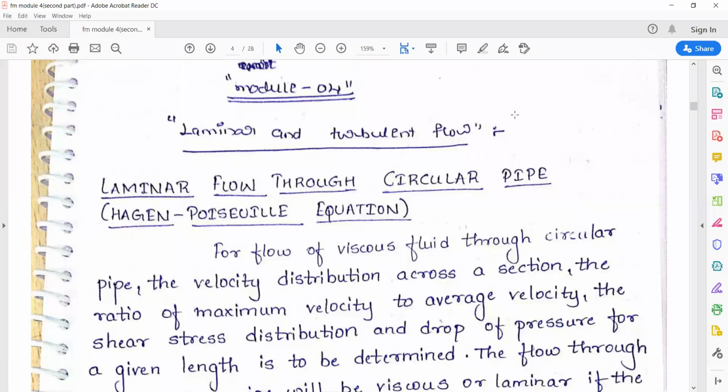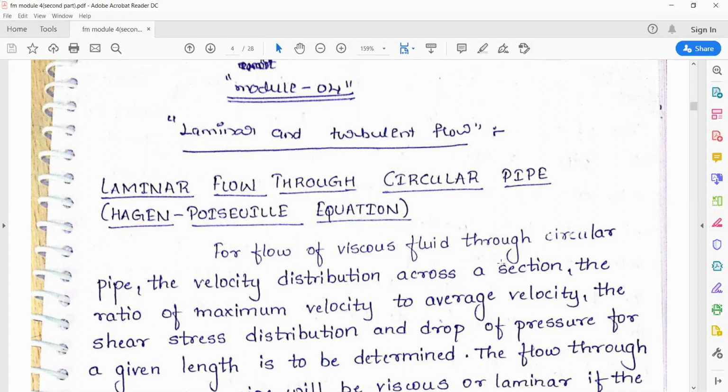Hello everyone. Under the fourth module, the next topic is about laminar and turbulent flow. So we know what laminar and turbulent flow are, all right? In case of laminar flow, fluid particles move in a straight path without disturbing the adjacent fluid layer. But in case of turbulent flow, the fluid particles move in a zigzag way, right? So there will be disturbance between the fluid layers when the fluid passes through a channel or any cross section.